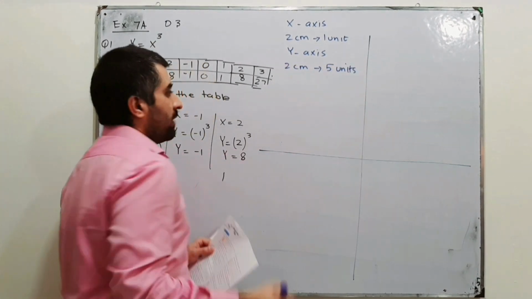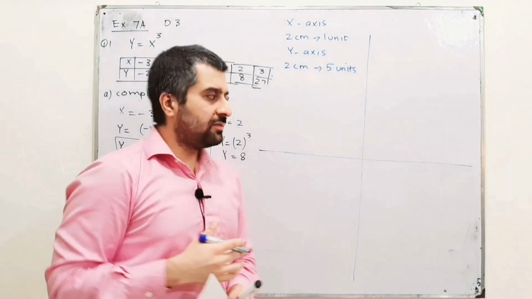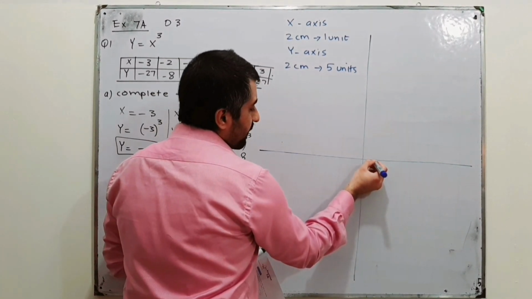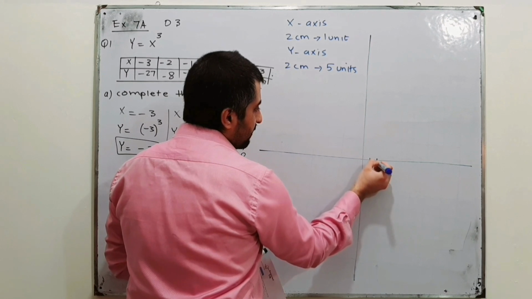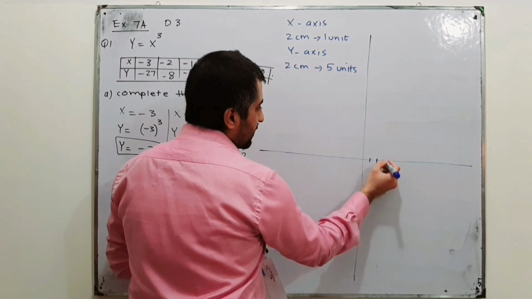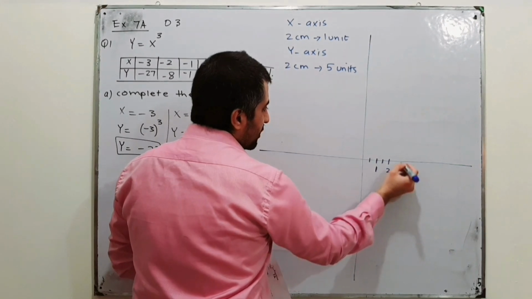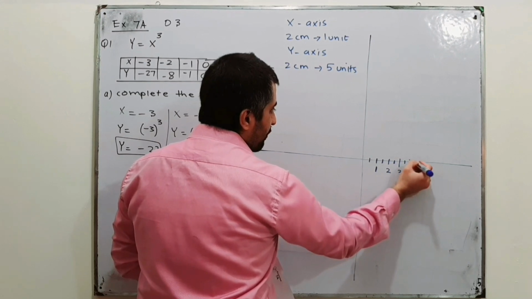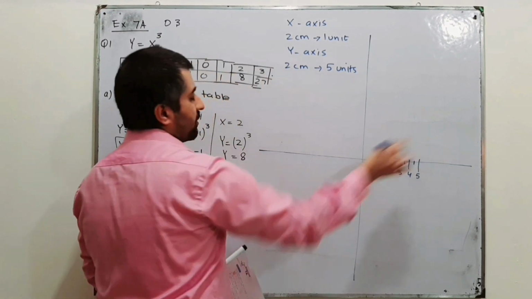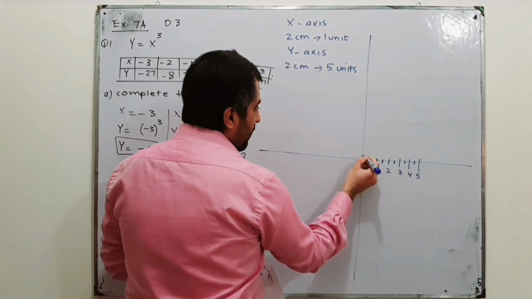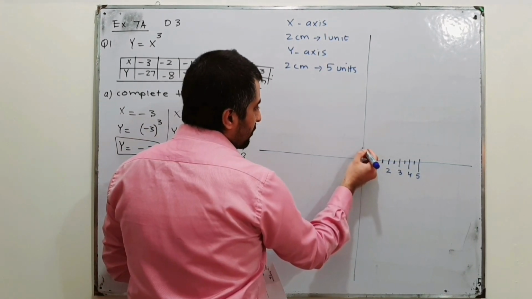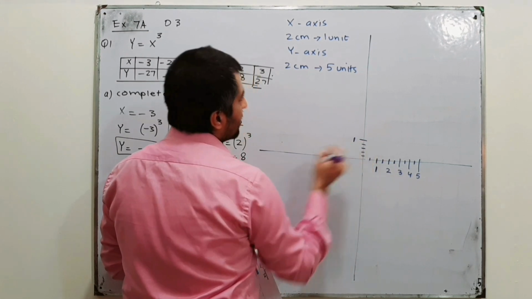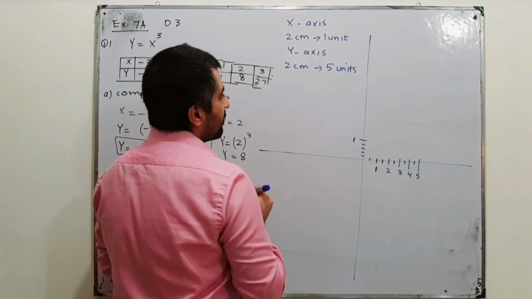Okay, that's it. Now, drawing the graph on the board, let me give a try. So this is, suppose, 1 centimeter, 2 centimeter, and 2 centimeter is 1 unit. 3, 4 centimeter, 2 unit, 5, 6, 3, 7, 8, 4, 9, 10, 5. In this way you can draw. And similarly on the y-axis, 1, okay, 2, 3, 4, this is 5 centimeter, and that is basically 2 centimeter is 5 units. So I am wrong here.